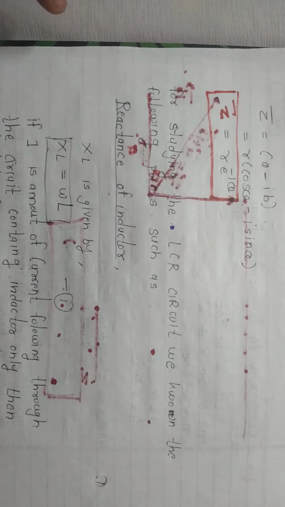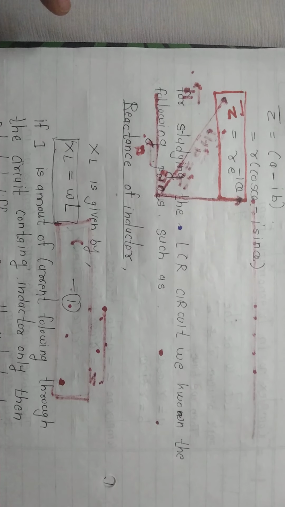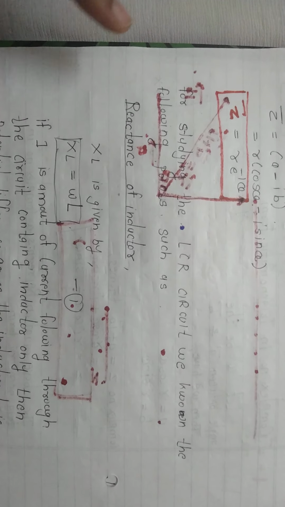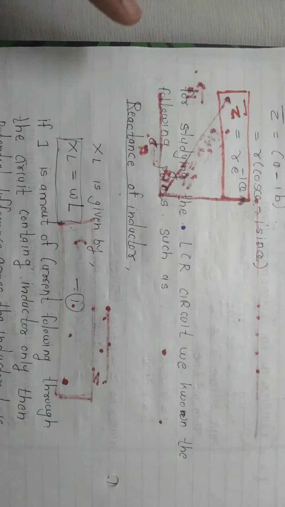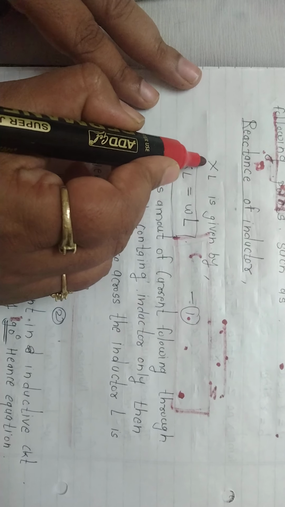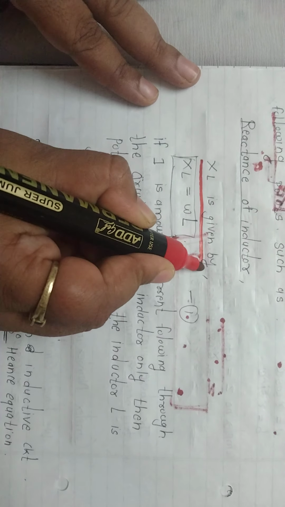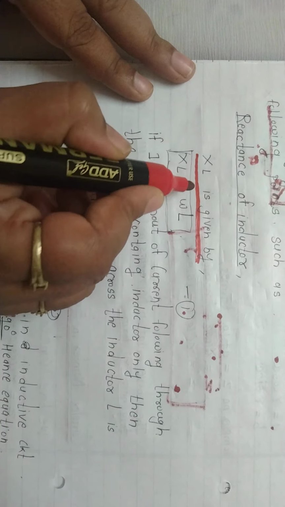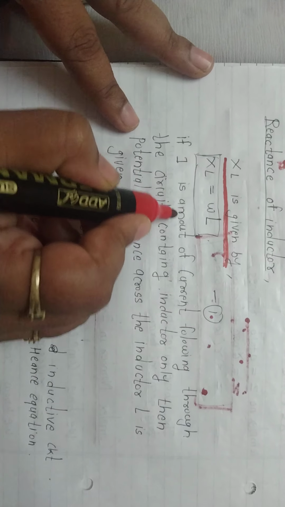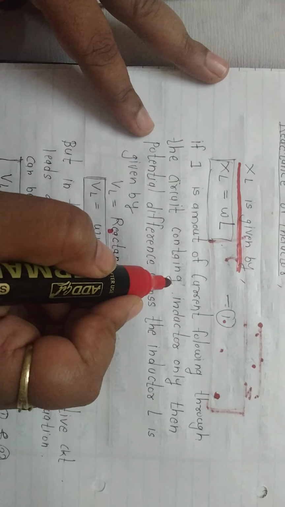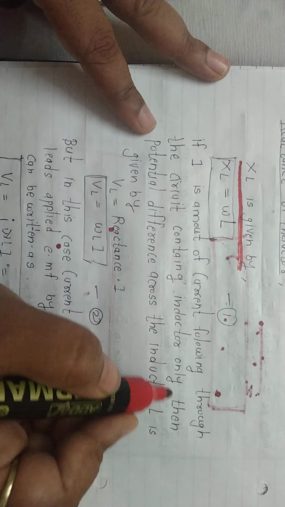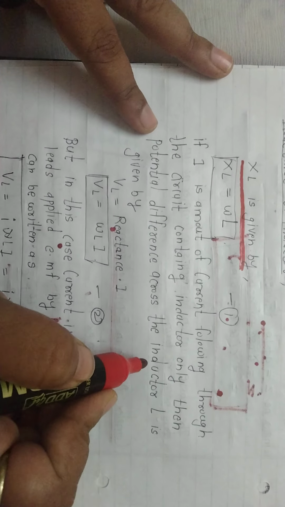In the LCR circuit, we know important facts such as the reactance of the inductor. The reactance of the inductor is given by XL equals omega L. We studied this in 12th class: XL is equal to omega L. If I is the current flowing through a circuit containing an inductor only, then the potential difference across the inductor